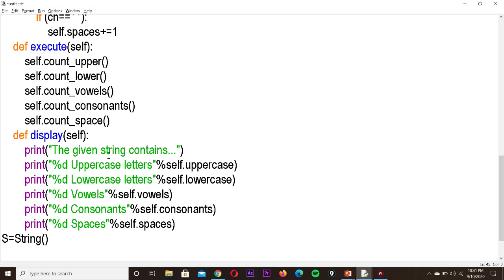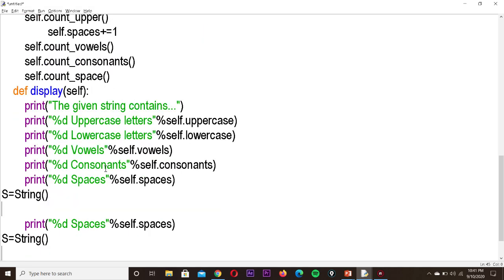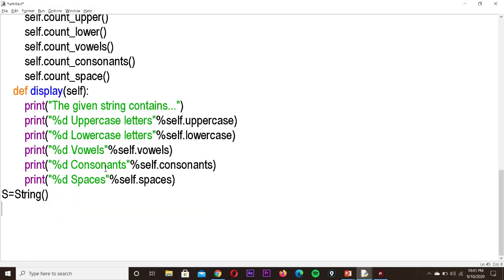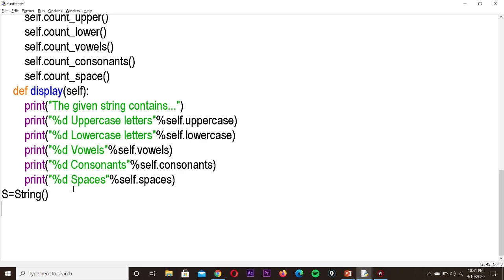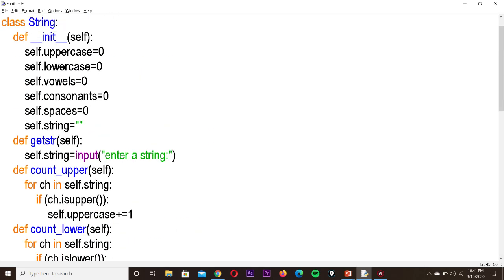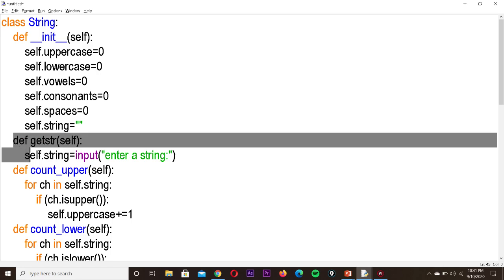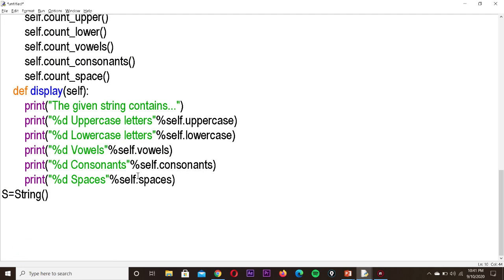Next, I want to get the string, then I want to count the number of characters, uppercase and lowercase. Then, third, I want to print the result. In order to get the string, I have defined one function, getStr. So I have to call this function. We have to write it using the dot operator: S dot getStr, open and close.